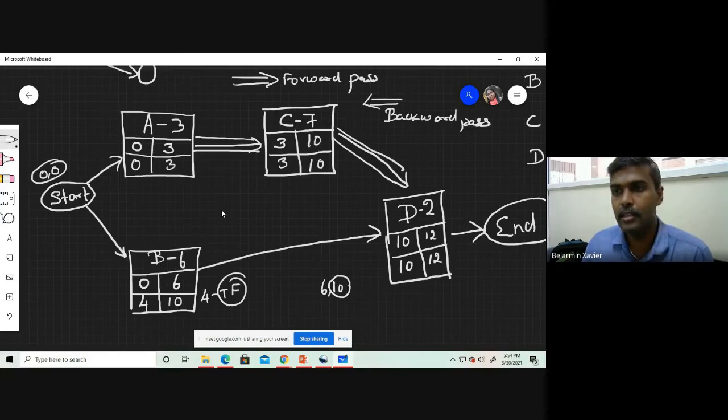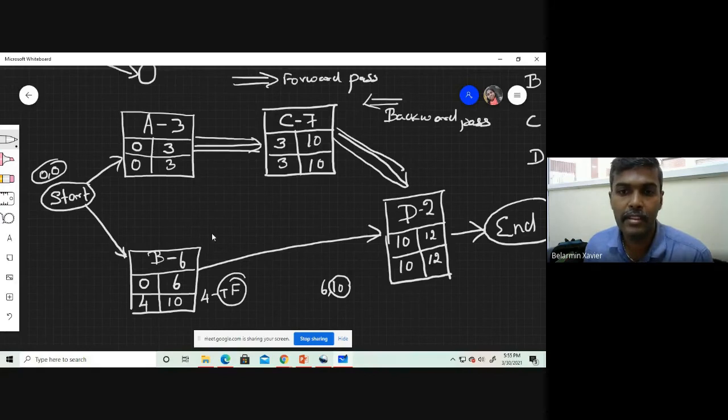You understand? In this critical path, you are supposed to give much more importance. If you do not give importance to the critical path, sometimes the activity duration may increase. A single day of increment will turn the entire project duration longer. So you have to give much more importance to the critical path.